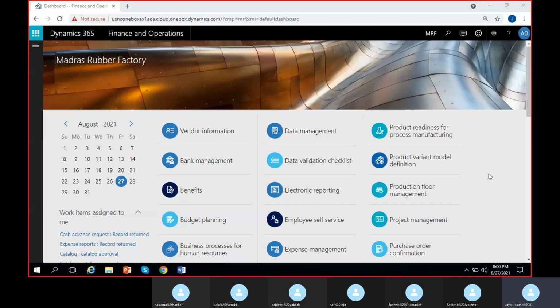Something important we discussed yesterday: inquiries and reports, trial balance. Trial balance is something very important that we have discussed yesterday. We have seen every option in trial balance, how to track balances, how to look at them, how to